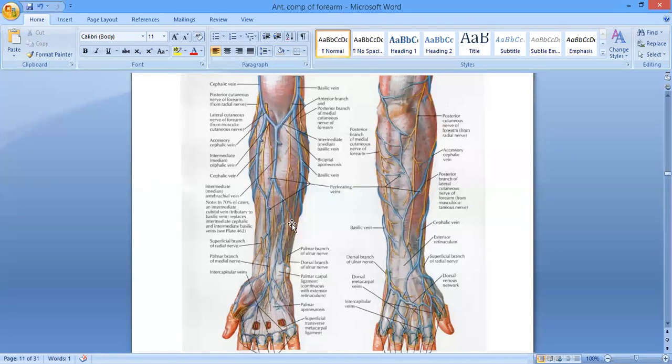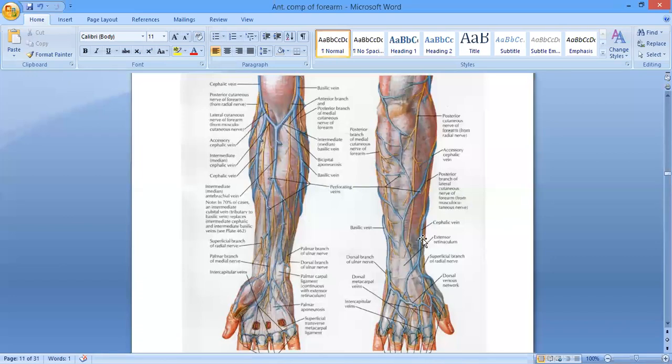So the cephalic vein. The cephalic vein is called cephalic because it is running towards the upper aspect, towards the shoulder directly, right? And it starts on the dorsum of the hand. We have talked about the dorsum of the foot, where we have the dorsal venous arch. Likewise, in the dorsum of the hand, we have this arch, called the dorsal venous arch, right? So the cephalic vein starts from the lateral aspect of the dorsal venous arch.